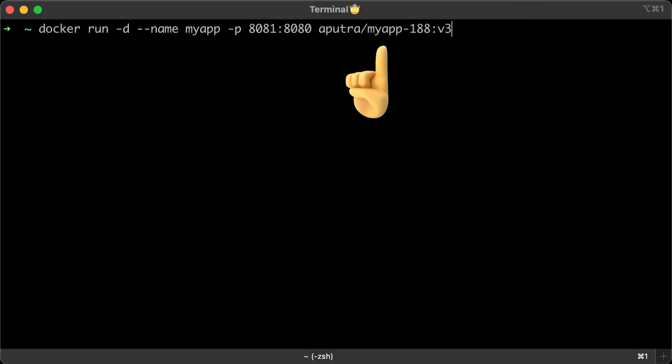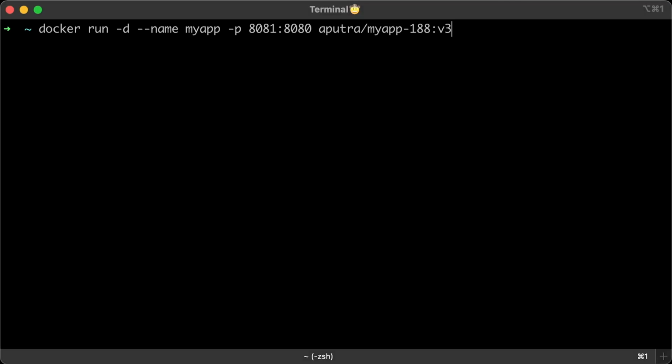Now, to run a container, we need to specify the image. I have built one for both AMD and ARM architectures, and it's public, so you can copy, paste, and run exactly the same command. Use -d to run it in the background. On a Mac, I have to explicitly forward ports to localhost in order to access the application. For example, if you run Docker on Linux, you can directly access the container by its IP address from the same host, of course. For Mac, I'll map port 8081 on localhost to port 8080 inside the container where I